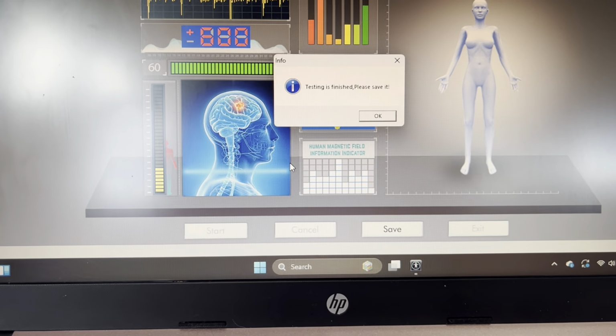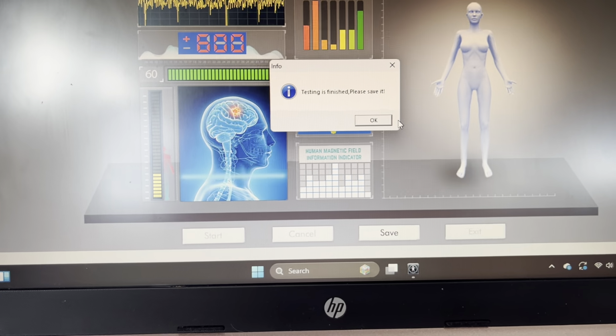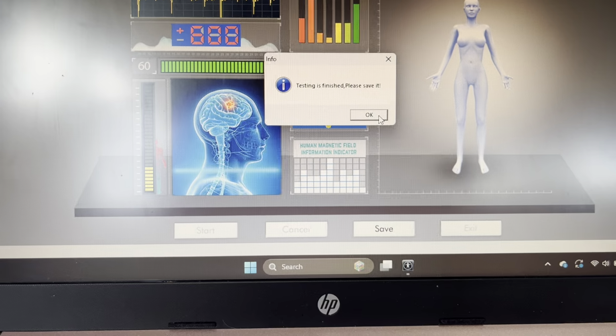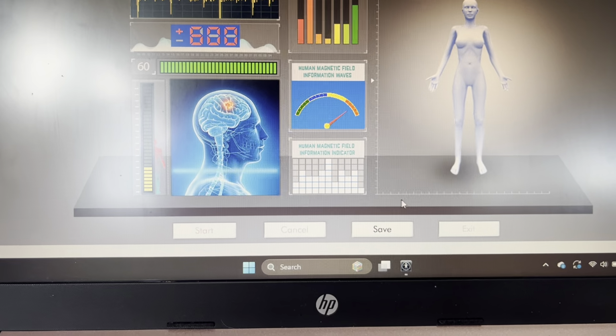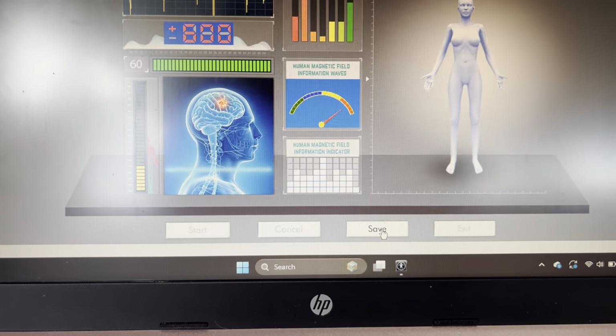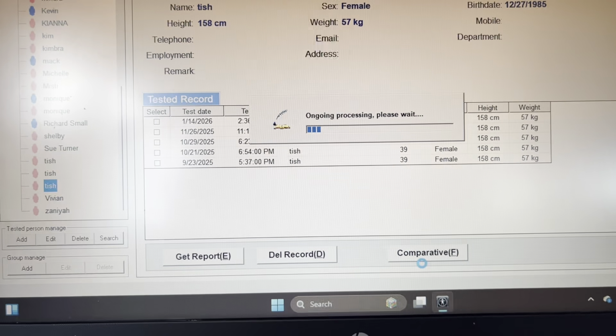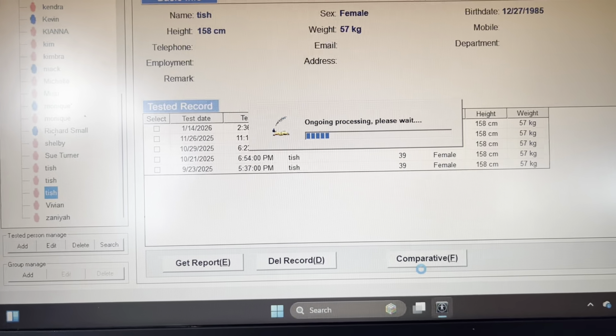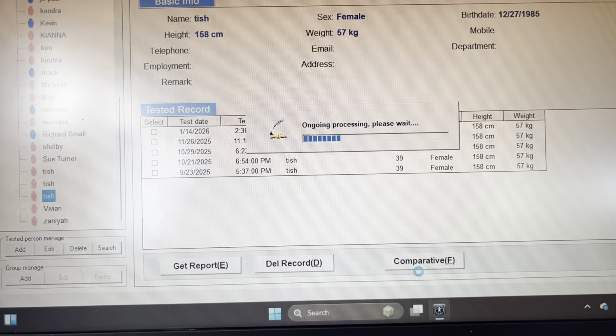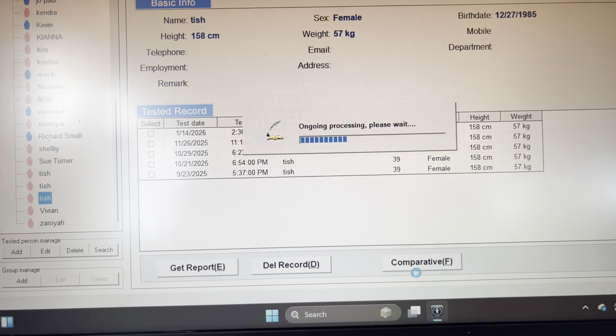Once you get this message that the testing is finished, you can go ahead and remove their finger, and then you're going to click OK, and then you're going to click Save at the bottom. Now it's going to save the file into your computer, and it's also going to give you the option to